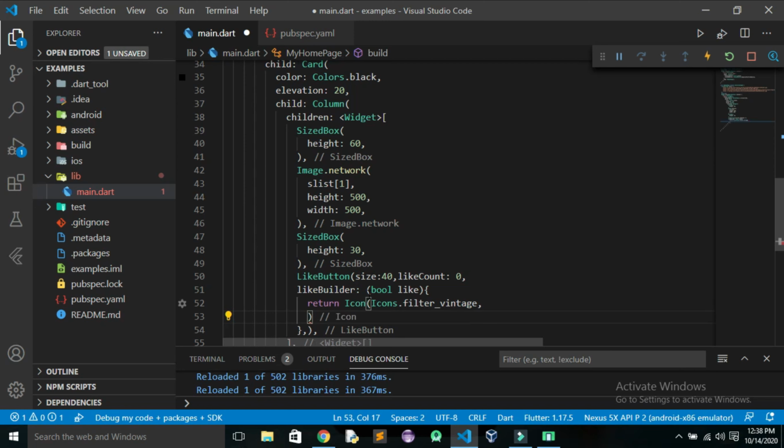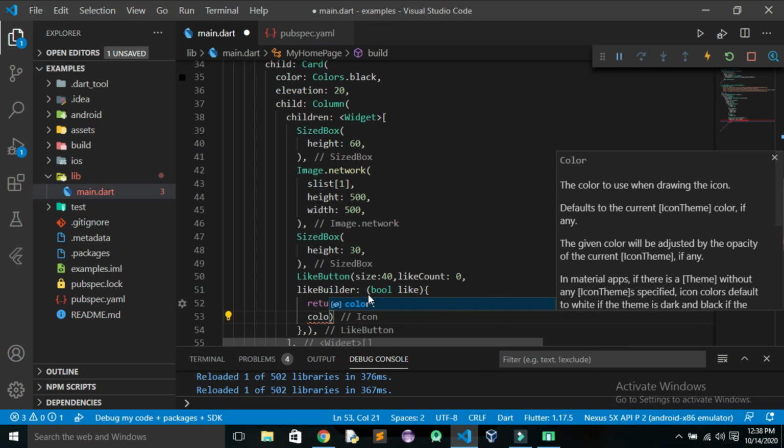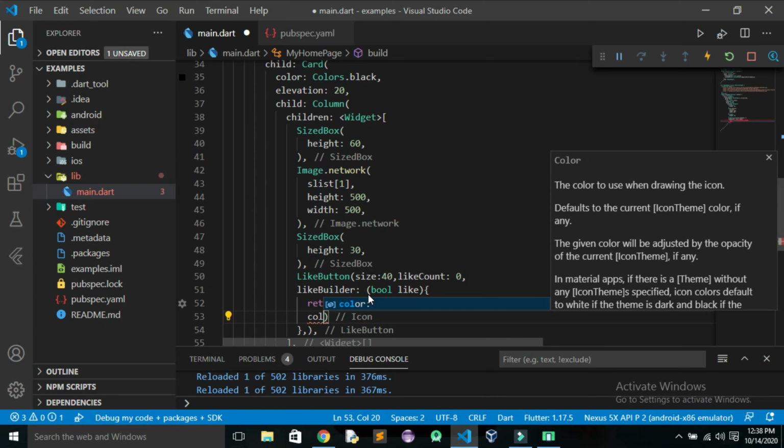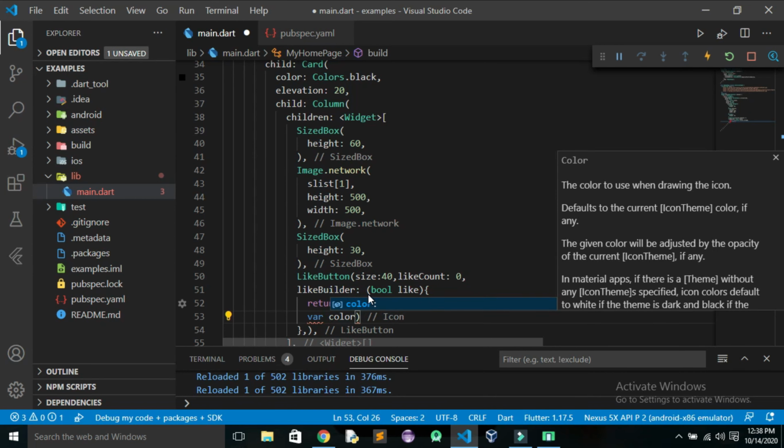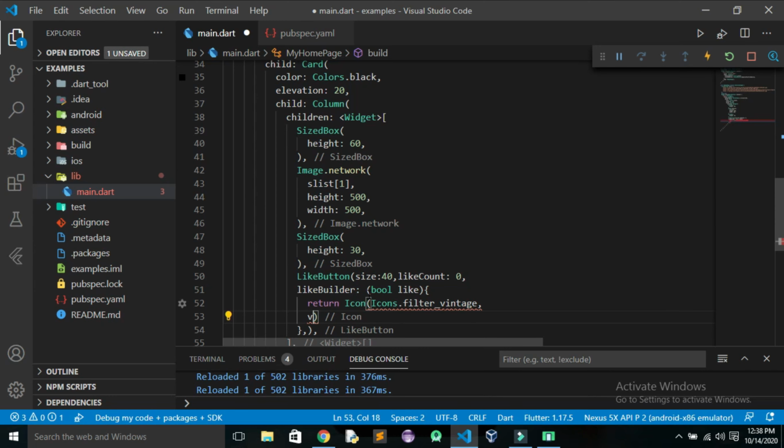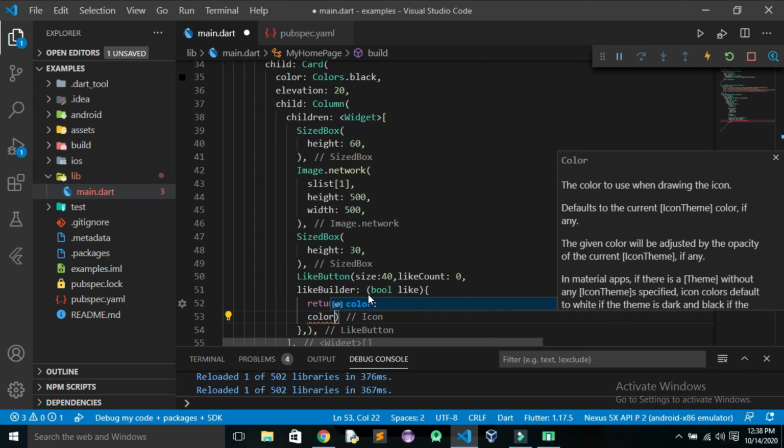And here we can also define the color which we want when it changes. The color which we want is that if the image is liked, it should be red, and otherwise it should be white. So that's what I'll do here. I'll take a variable color, no, sorry, we can directly assign the color here. We don't require any variable for it.